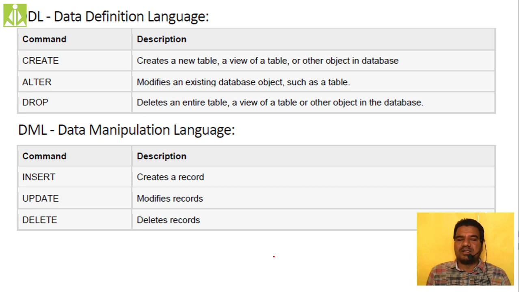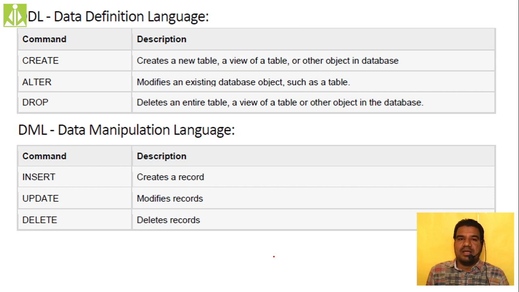Inserting a new row, updating an already existing row, and deleting a row, we use data manipulation commands. Create means creating a table, so we are creating the complete object. Alter means altering a table. Drop means dropping a table. The complete object we are dealing with. That is the reason why DDL commands deal with the creation, deletion, and updation of the object.